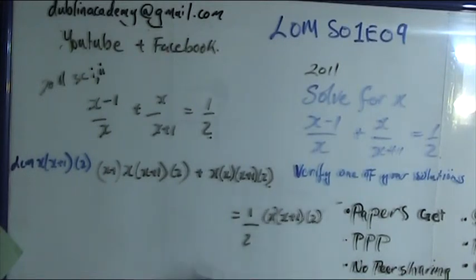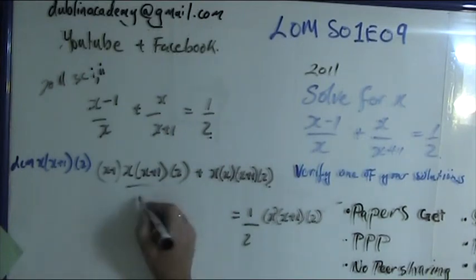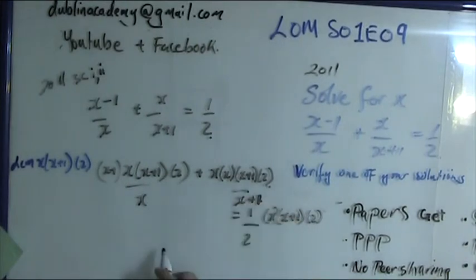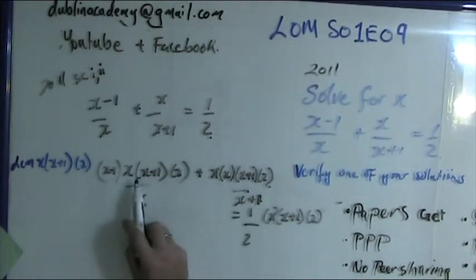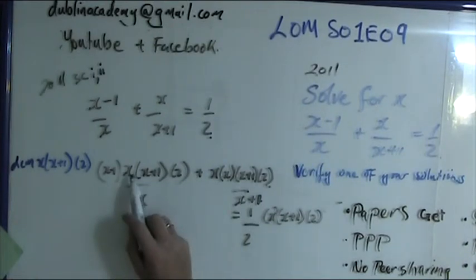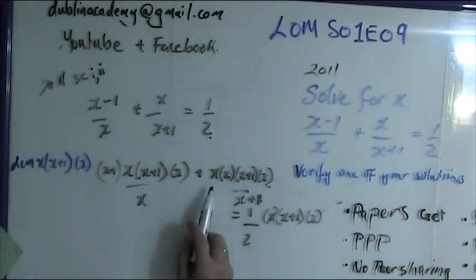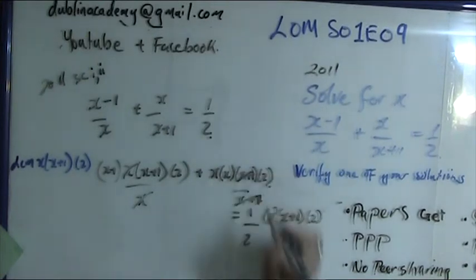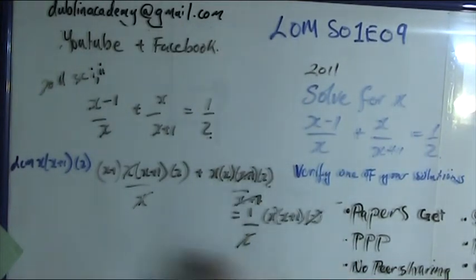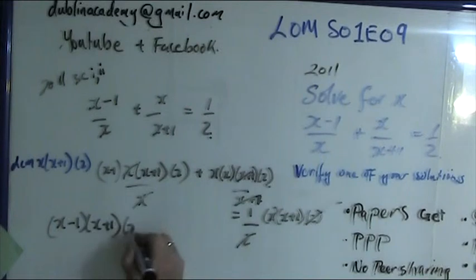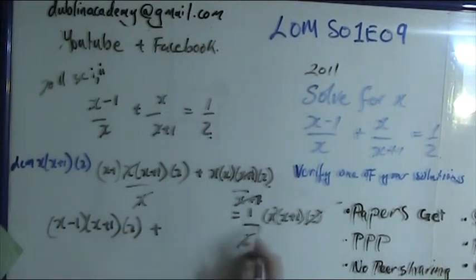Okay, so now I have to multiply all these out, and these are all over x, and this is all over x plus 1. Okay, now so I'm multiplying x by x plus 1 by 2 by x. Okay, that looks okay. So I'm cancelling out. The x cancels with the x, the x plus 1 cancels the x plus 1, and the 2 cancels with the 2. And I'm left with an equation x minus 1 by x plus 1 by 2 plus,